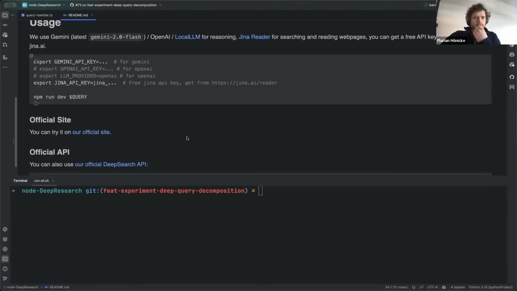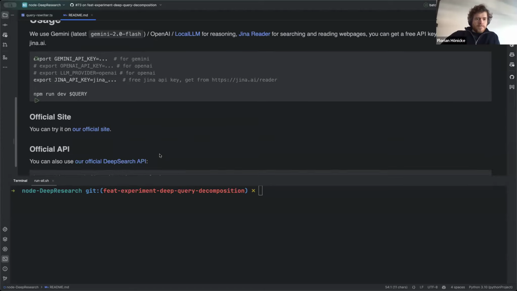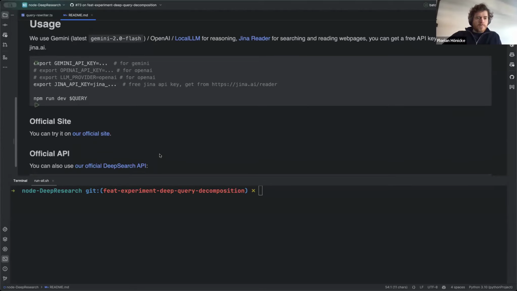So you want to show a demo? Yeah, let me quickly find it. I need to share my screen. Okay, so what do we have here? So this is our